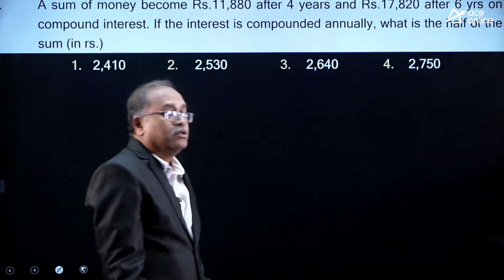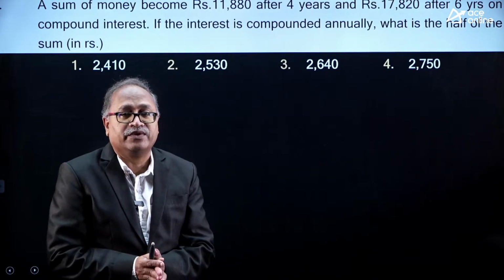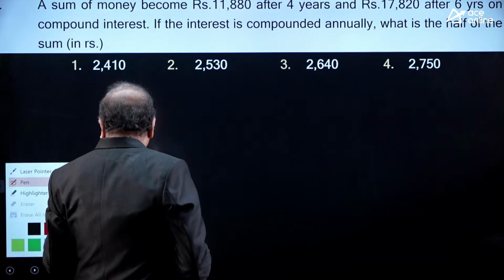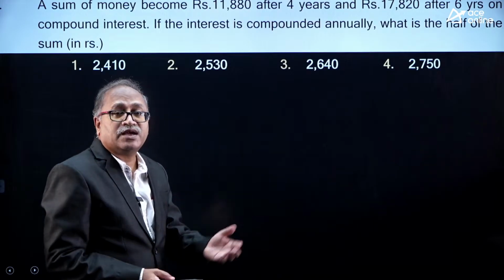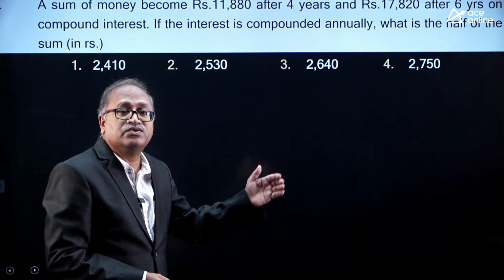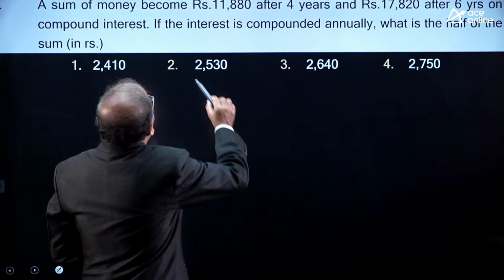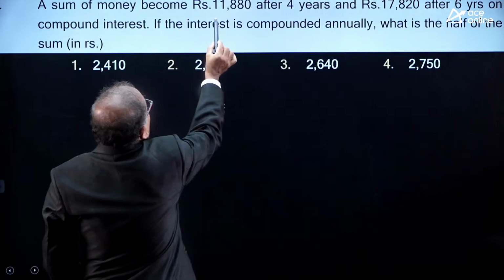Come on. And this is an important question, my dear friend. So, we together will practice on it, and let me see if you can answer the question as smoothly as you answered the previous question. Now, here a sum of money becomes